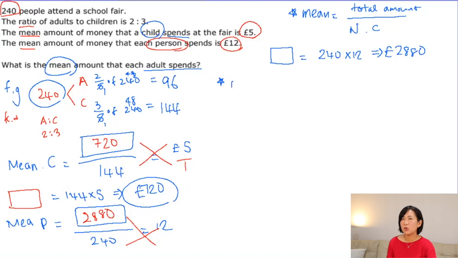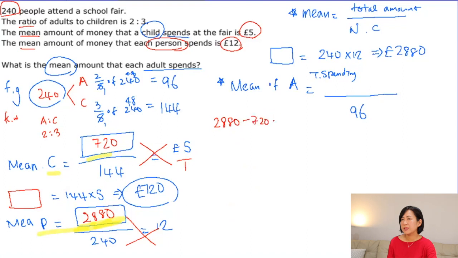Now our final goal is to find the mean of adult spending, right? So we know how many adults are in the fair: 96 adults. We need to think about how much money adults spent at the fair. But we can figure it out. Now we know the total spending is 2,880. Then we take away the children's, then we can get the adult spending, right? So that is 2,880 take away 720 gives you